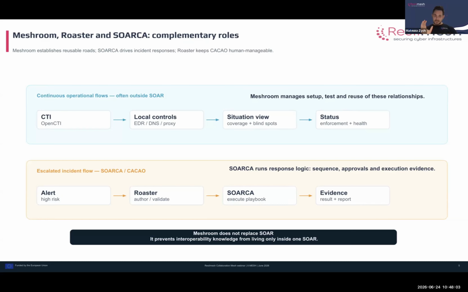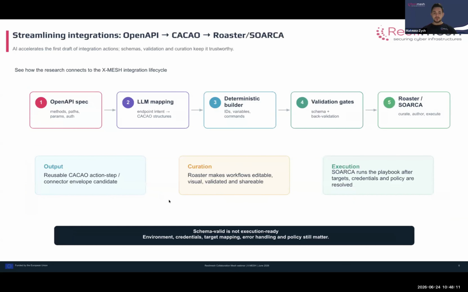To enhance our cybersecurity operations side, right? Because as I told you here in step number 2, you need to create your playbooks. In order to create your playbooks, you need to know what you need to orchestrate, and you need to know how to communicate with that. So for that purpose, we have developed our AI-assisted pipeline so that we can simply parse the OpenAPI specification of different tools, and then we